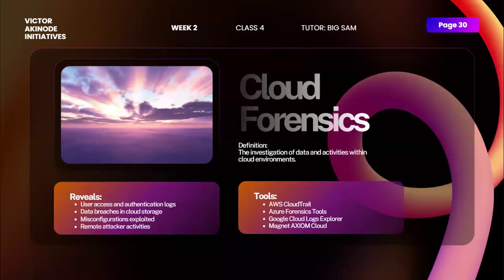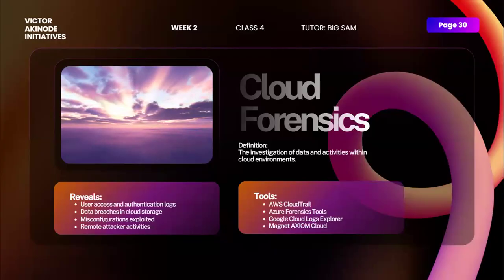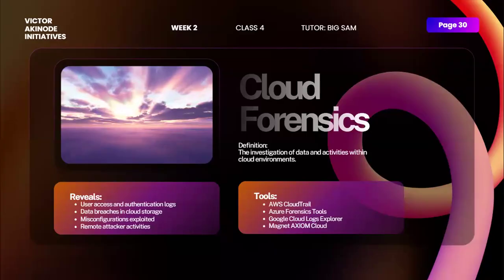Coming down to cloud forensics, this is the investigation of data activities within the cloud environment. When we talk about the cloud environment, we are talking about AWS, Microsoft Azure, and GCP. They also have their own tools that you can use. You have AWS CloudTrail to check for privileges and logs.